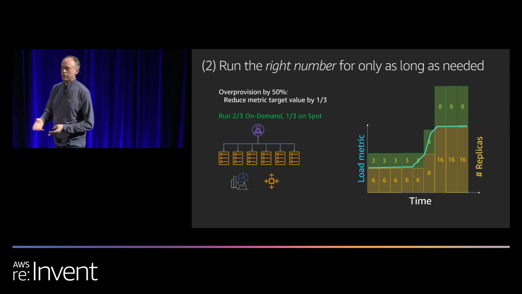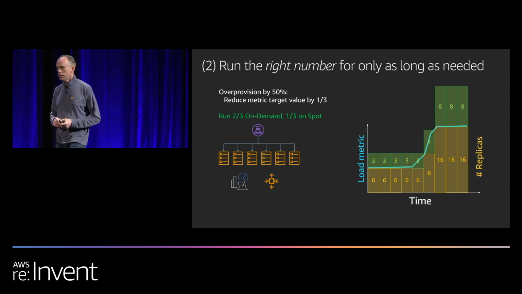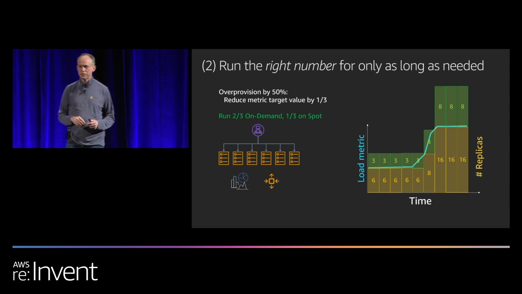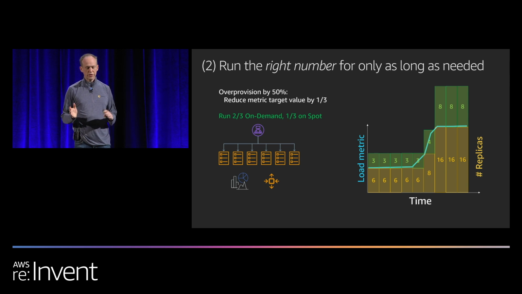So I'm okay running those on Spot because while in theory it's true that you could lose your Spot capacity, the impact on your business just from a risk standpoint is much lower if you're able to do this. And the reason is that, and I'll use a little probability here, generally speaking in probability, if you have one thing that is unusual and another thing that is unusual, and then you say, what is the probability of both of those things happening at the same time? That's even more unusual,